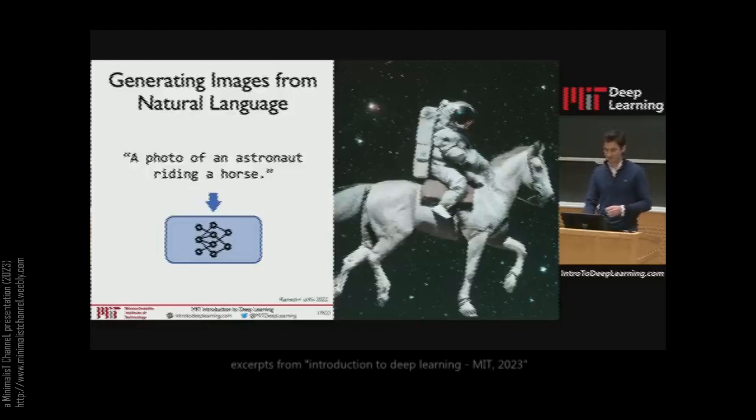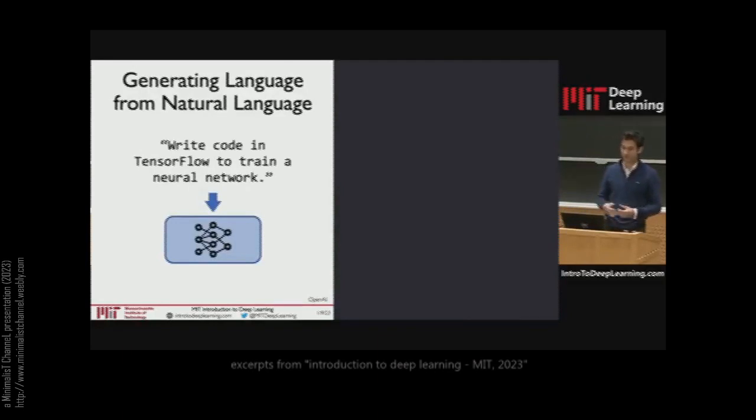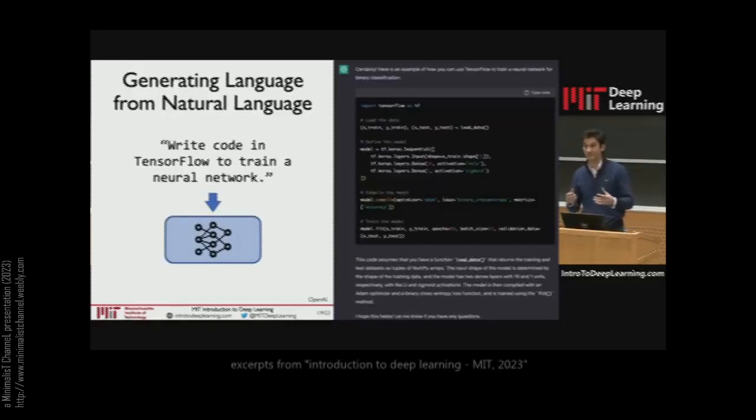And my personal favorite is how we can not only build software that can generate images and videos, but build software that can generate software as well. We can also have algorithms that can take language prompts, for example, a prompt like this: write code in TensorFlow to train a neural network. And not only will it write the code and create that neural network, but it will have the ability to reason about the code that it's generated and walk you through, step by step, explaining the process and procedure all the way from the ground up so that you can actually learn how to do this process as well.